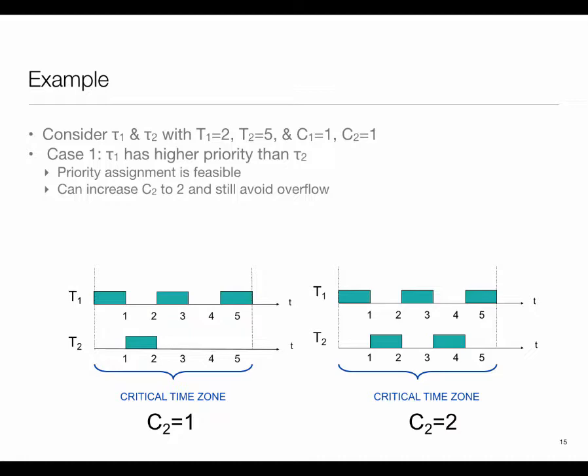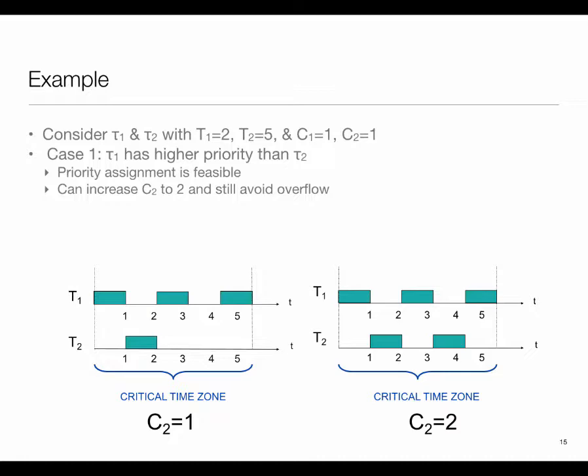What if I were to increase the computation time of task 2 from C2 equal to 1 to C2 equal to 2? There are many reasons it could happen. It could be that I decided to change task 2 and it has a costlier algorithm. It could be that when task 2 is running, I decided to save some energy, and therefore I'll run the CPU at half the frequency. Any number of reasons. I'm running the CPU at half the frequency during task 2 only. Task 1 is still running at full speed. I can still meet the deadline, as you can see.